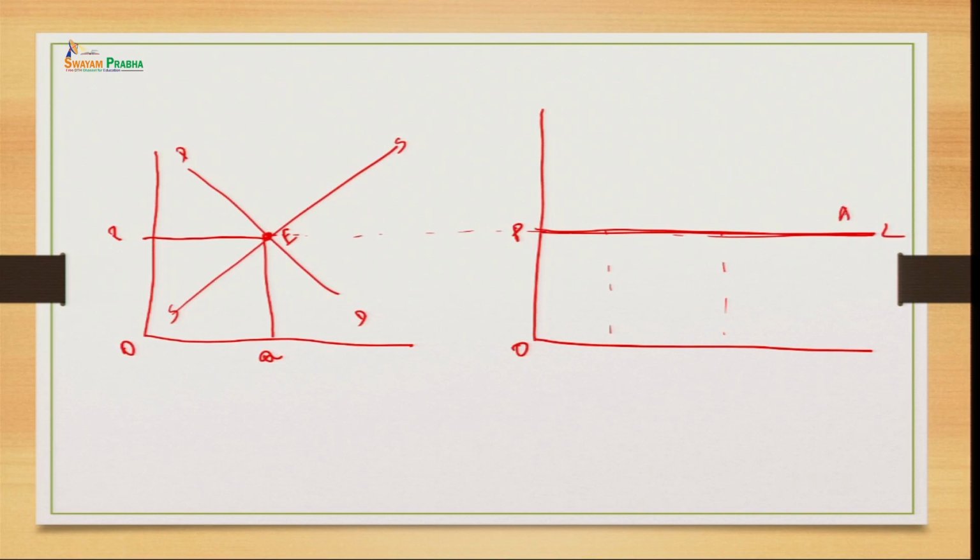This is called the average revenue curve, and this is also considered to be the marginal revenue curve, because here the price remains constant. So, average revenue will be constant, therefore, the marginal revenue will be constant. This PL line denotes your demand curve, right. So, this is how we represent the perfectly elastic demand in perfect competition.